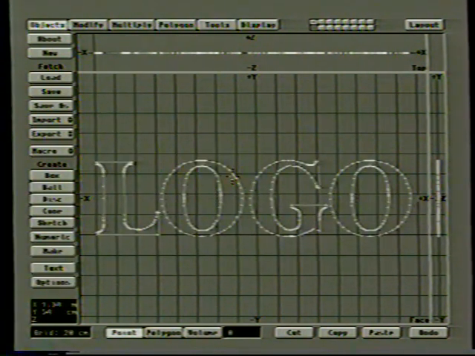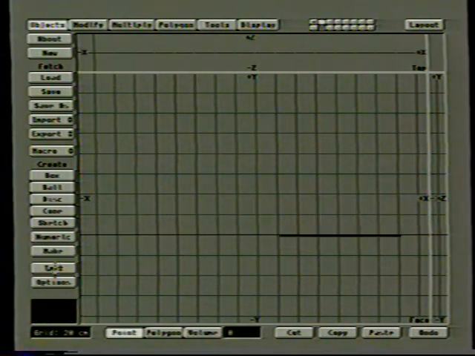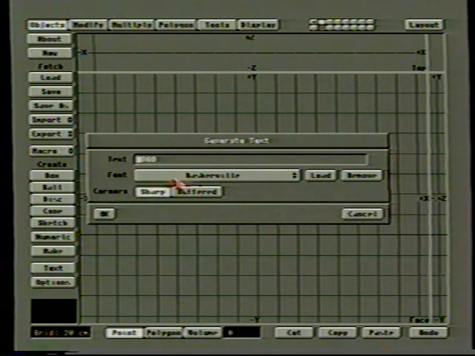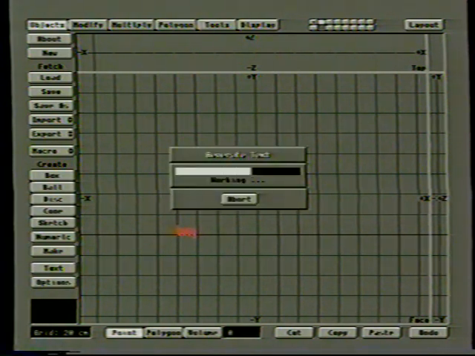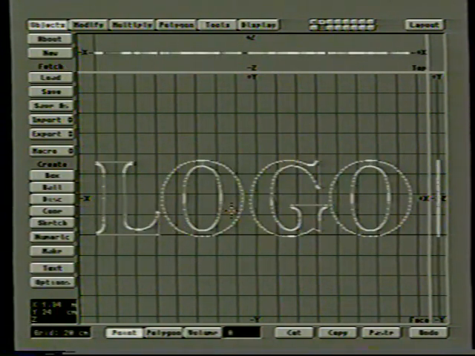Now, so you'll see the difference, I'm going to make this new logo in a different layer. So I'll just click on layer 2, go back to the text function, and just say OK. We don't need to type anything in because it's already in there. So if we just click on OK, it'll generate it again. Now if I zoom in here, the period key,